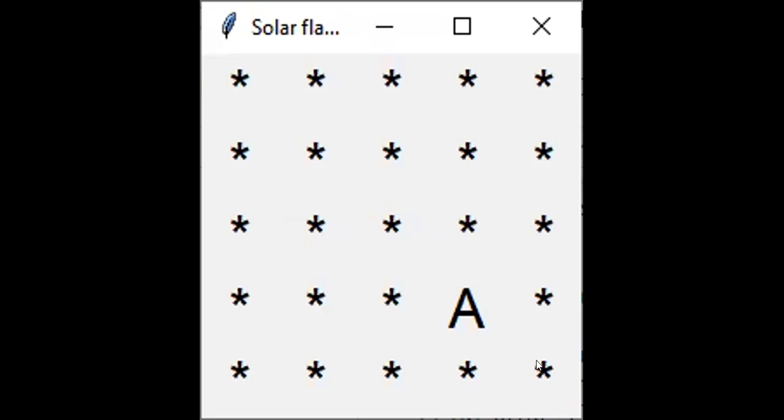Unfortunately, in this case, a solar flare, as we've mentioned, can be quite powerful. So the solar flare did destroy the satellite. So when the astronaut spaceship gets to where the satellite is, it found that there was nothing, which is effectively the end of this interface.